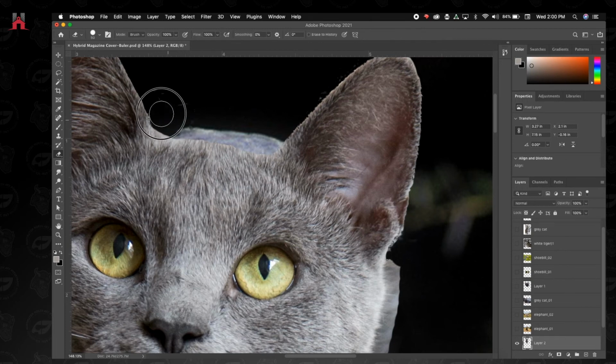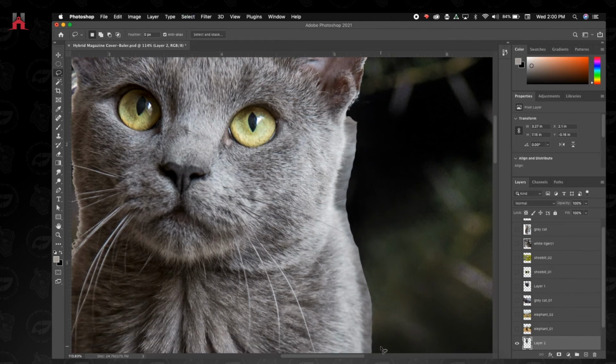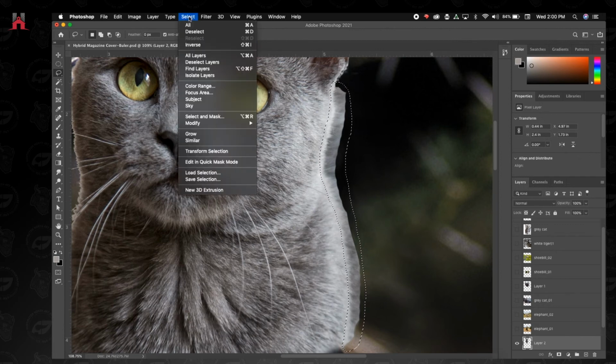I think the top of the head could use some work. But overall, pretty good. I'll use my lasso again. Select this area that I want to manipulate. I may have to zoom out a little bit so I get all of it in the frame. There we go. Select this area. And instead of getting rid of white, I think I'll try to get rid of more of a gray on this one. So I'll go to Select, Color Range again,